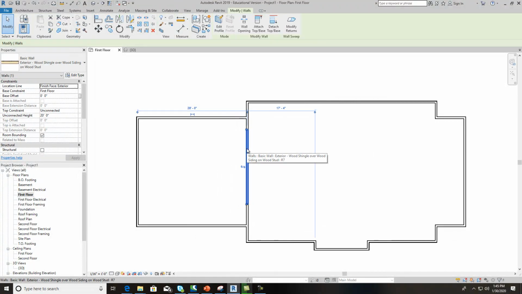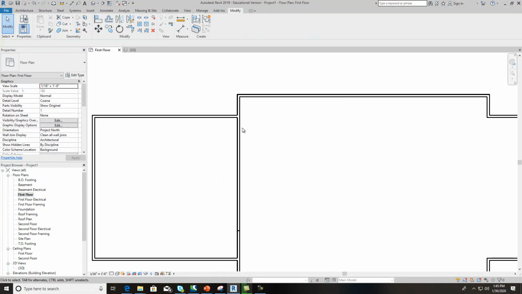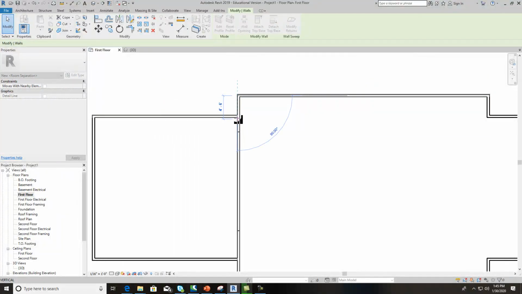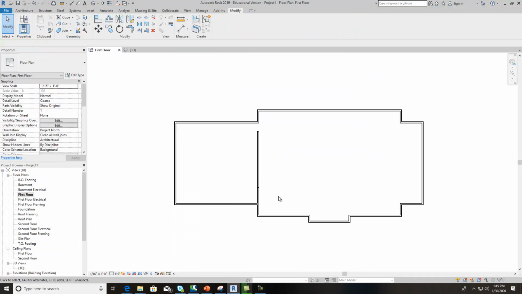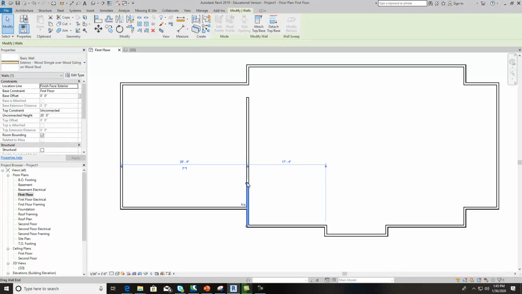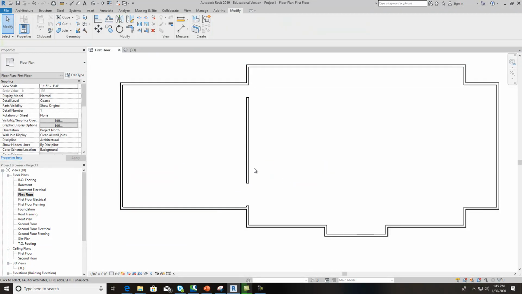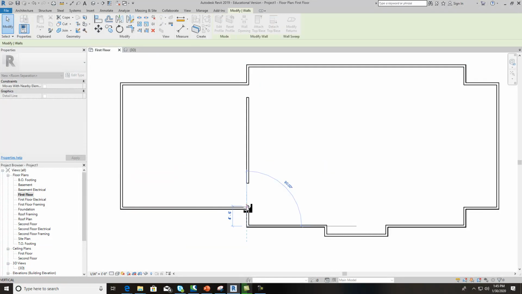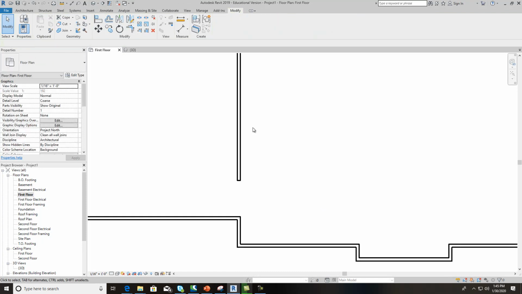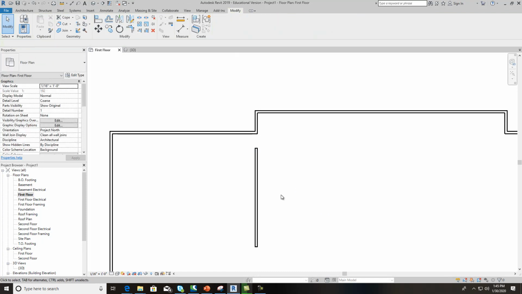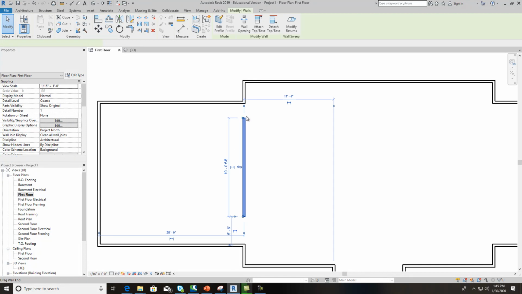and then we'll grab that and we'll pull it back to there. And we'll take and pull this one back. Just grab that grip, pull it back. Try it again, pull it back. Just like that. Then you've got this wall right here in the middle,